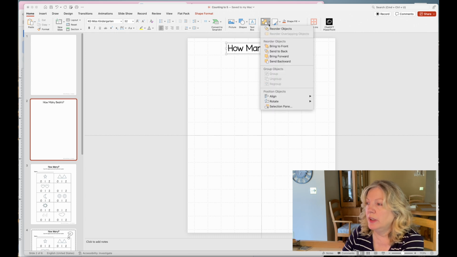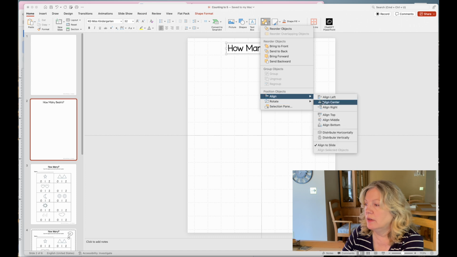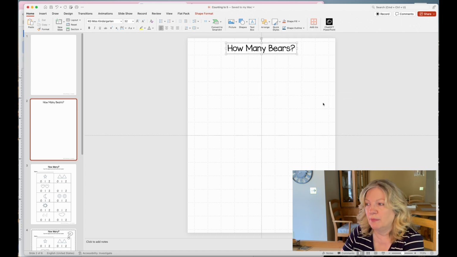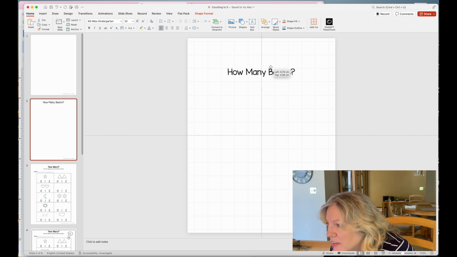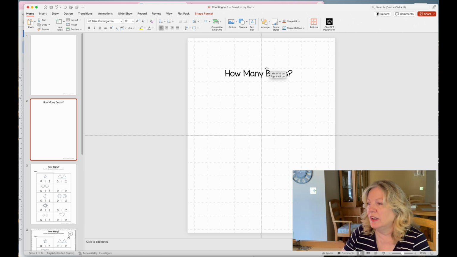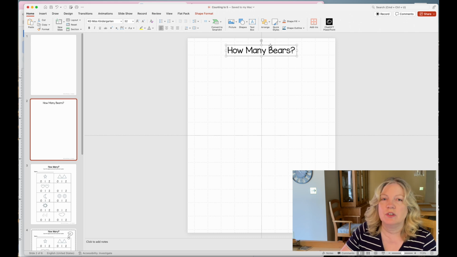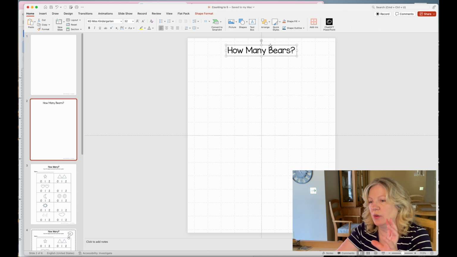I can go up to arrange, align, center it. See, it just was off by a bit. One of the things it will also do is as I drag it around, I'll show you. You can't quite see it because this dotted line is here, but there is a red line. See, and quickly it just pushes it. It's almost magnetized. It goes to the center. Okay, now